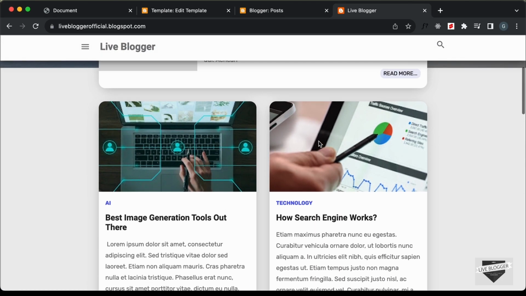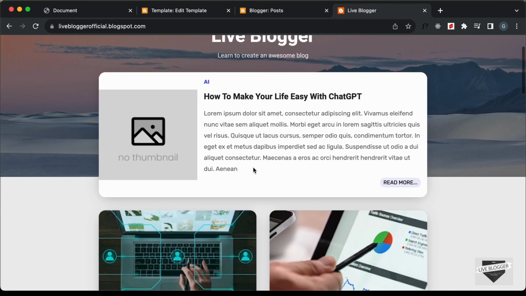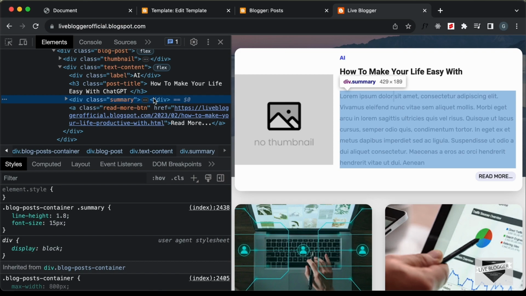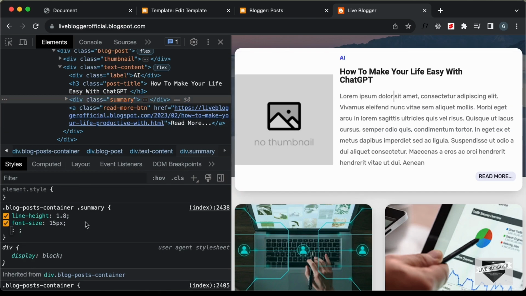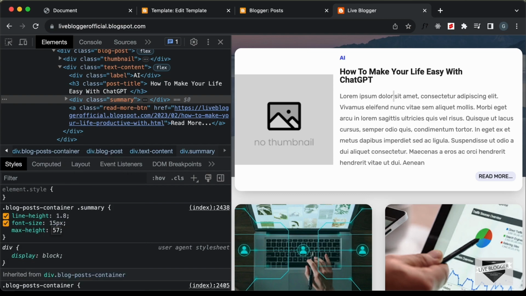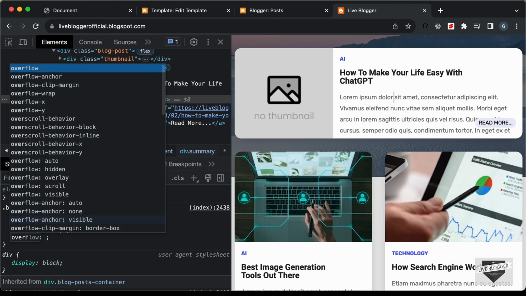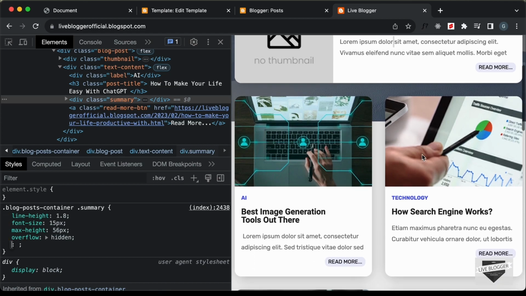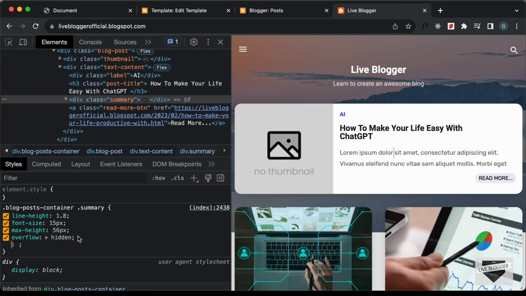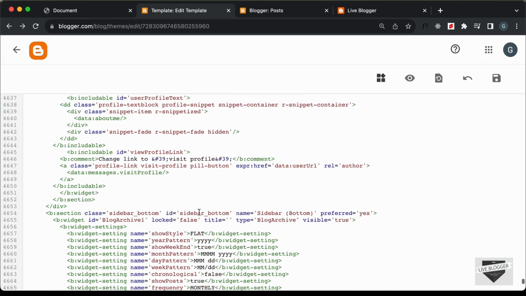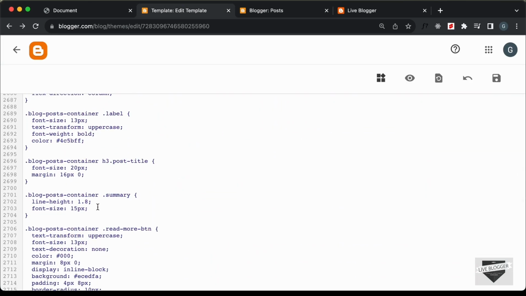Now here we can see that the length of the summary is too much, so let's go ahead and set a max height for this summary. For that, let's right click over here and go to inspect, and here for the summary, let's add a max height, and let's set it to 56 pixels, and let's also set overflow to hidden so that anything outside the height is not being displayed. So I think that looks alright. So let's go ahead and copy these 2 lines of CSS from here, and let's go back to our code and go to the CSS, and here in the summary we need to add those 2 lines of CSS,